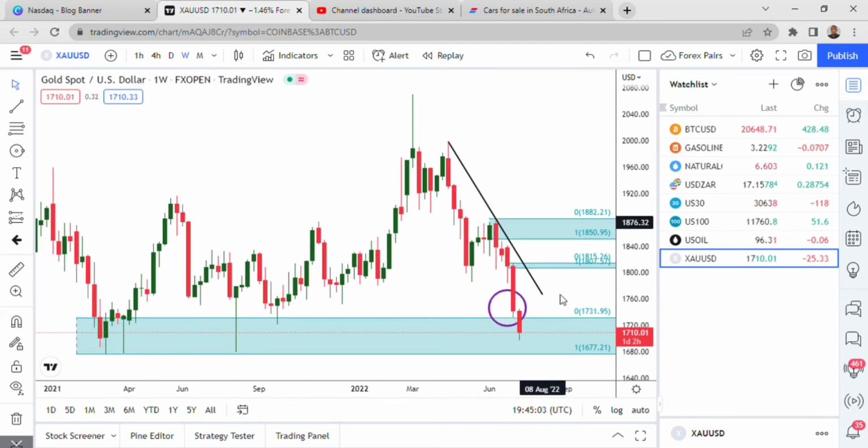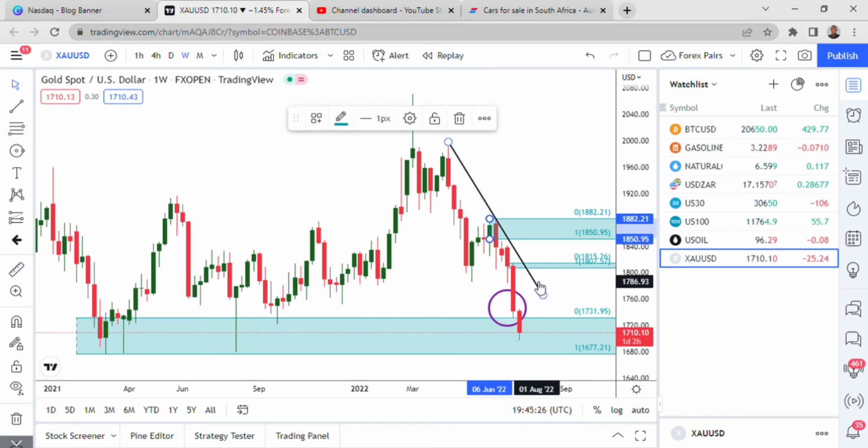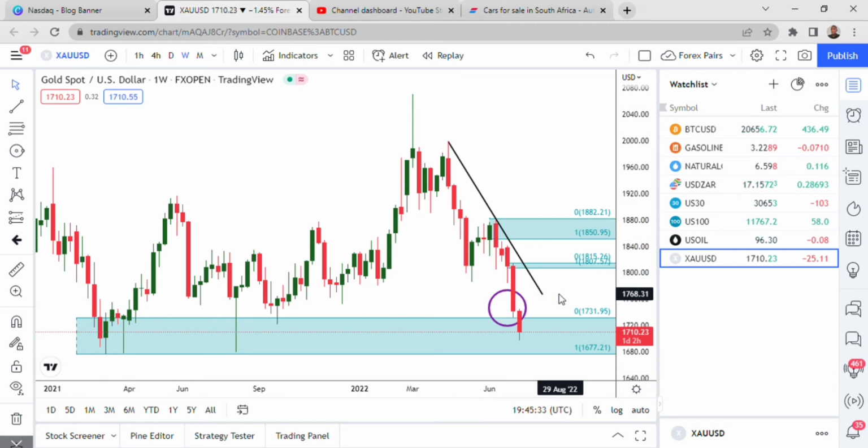So on weekly, we can say the price is inside the monthly area of support, and we can wait and see if it's going to give us any reasons to go long. If you are trading weekly, you are targeting the next opposing structure, which is the area of resistance up here, or the bearish trend line. Whichever one gets hit first is where you're going to exit if you are trading weekly. So that's all you're having on weekly: the bearish trend line, the area of resistance here, and the area of support.